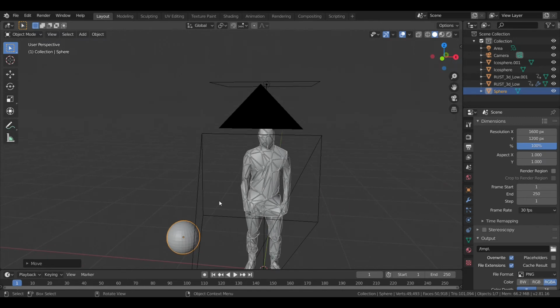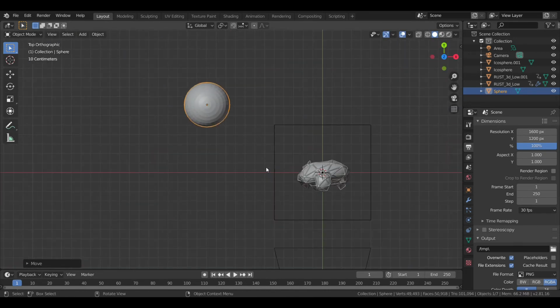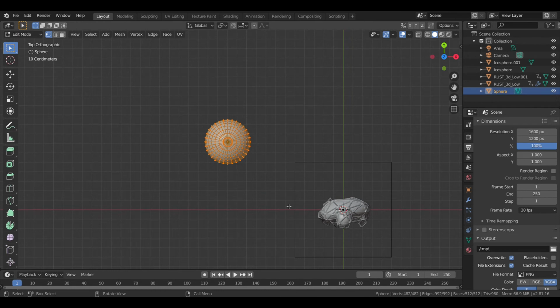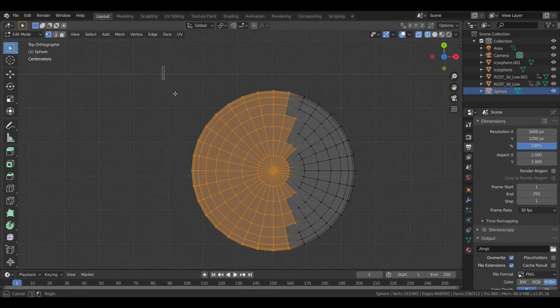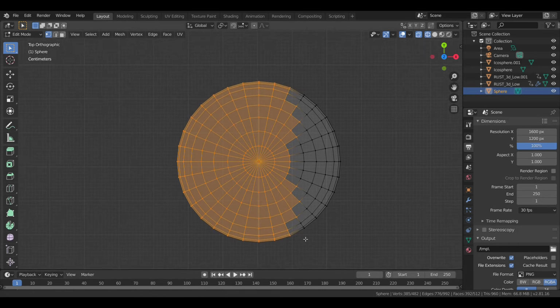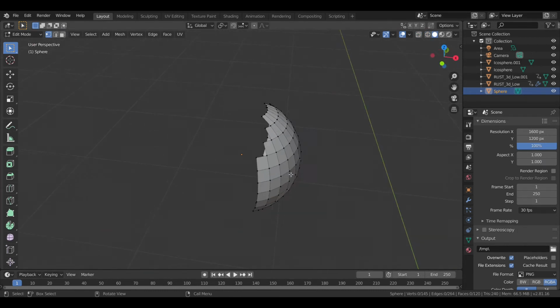Over here, move it in the Z direction, GZ over here. Okay, perfect. Now 7, tap to toggle into edit mode. And let's now delete the back of it, because we want the particles to emit from the front only. Let's delete the majority of it, shall we? Okay, this is nice. X and faces. So we are left with this.